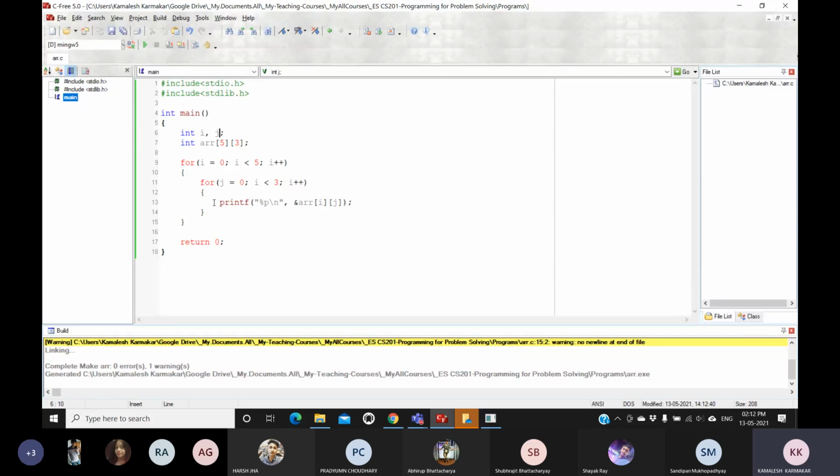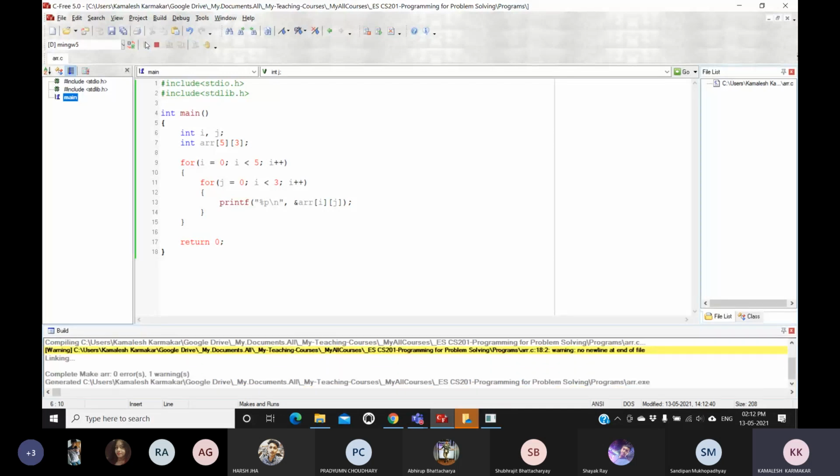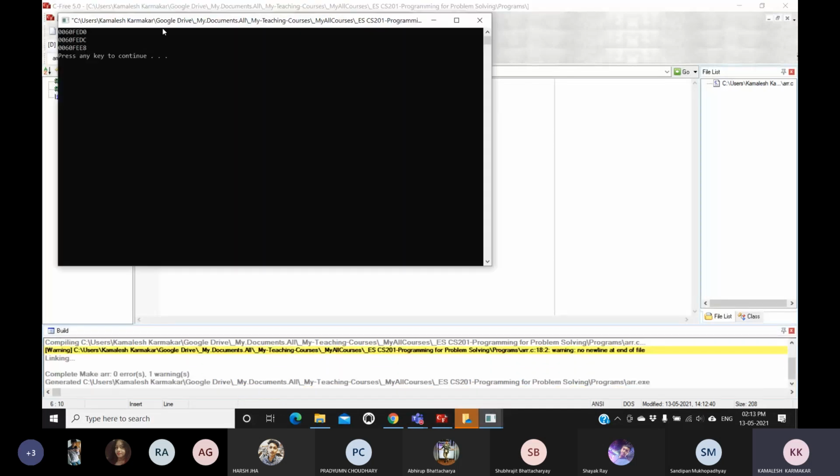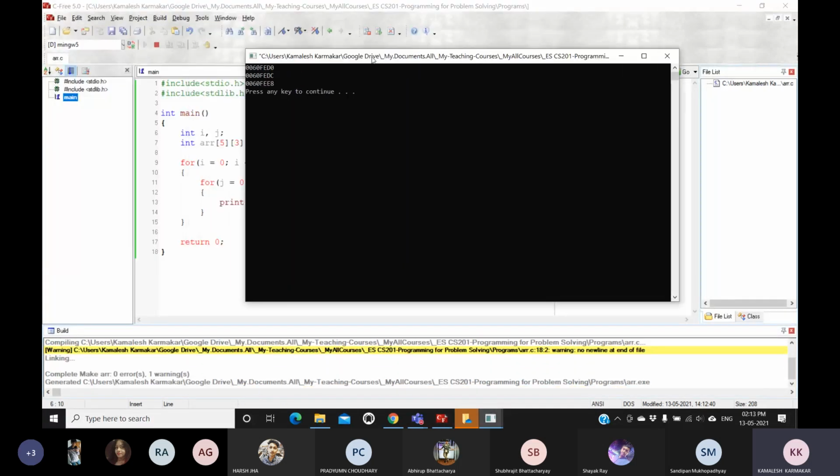The outer loop controls the number of rows and the inner loop controls the number of columns. In that way we can access it. So if I print the address of these elements, what will happen? Let us check whether it's contiguous or not.